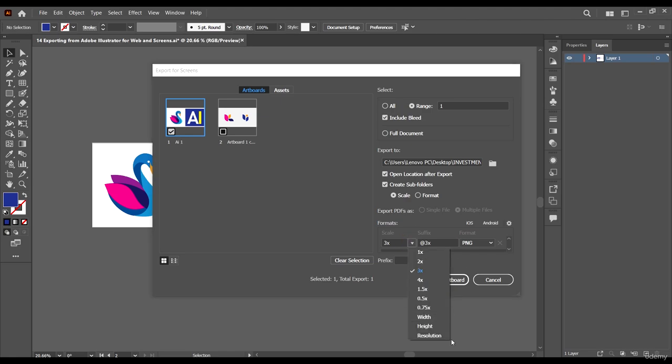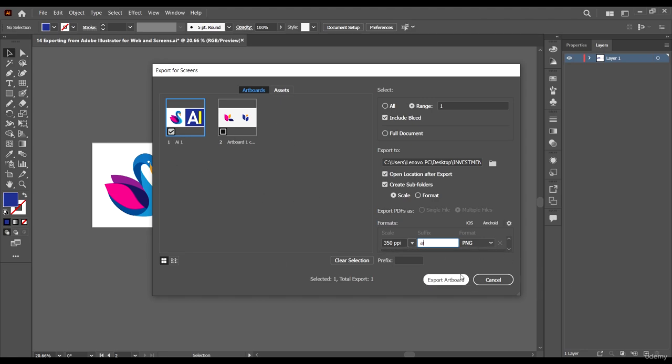We have 3x times 3 of the size, and we can actually choose resolution here. Okay, so we can type in custom resolution. Let's say 350, okay, so 350 ppi. Okay, and then for suffix, we can also put a suffix, maybe AI, to further differentiate our designs. That in a case where we have multiple designs, okay, where we want to export multiple artboards or